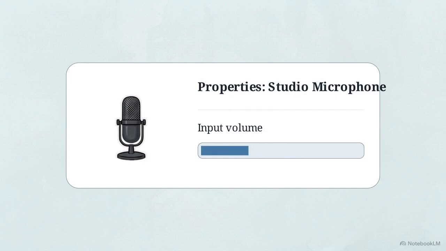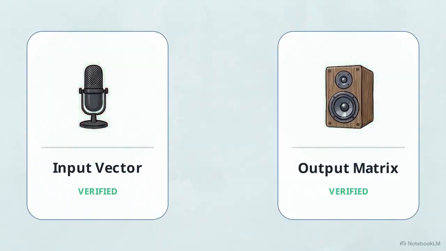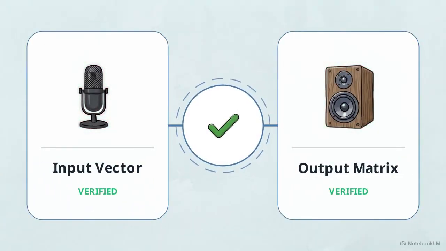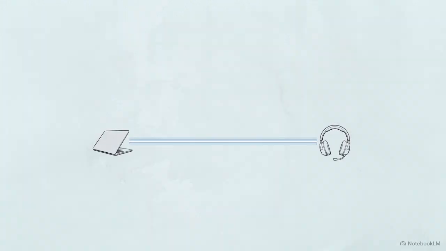As you talk, watch the blue indicator spike and fall along the visual meter. A fluctuating visual meter provides the definitive proof that your input vector is fully secured and actively capturing the audio in your local environment. With your input and output matrices mapped and verified, your configuration is complete. You can now safely exit the settings interface. Because these rules integrate seamlessly, your devices will hold these exact routing paths for your next task without a system